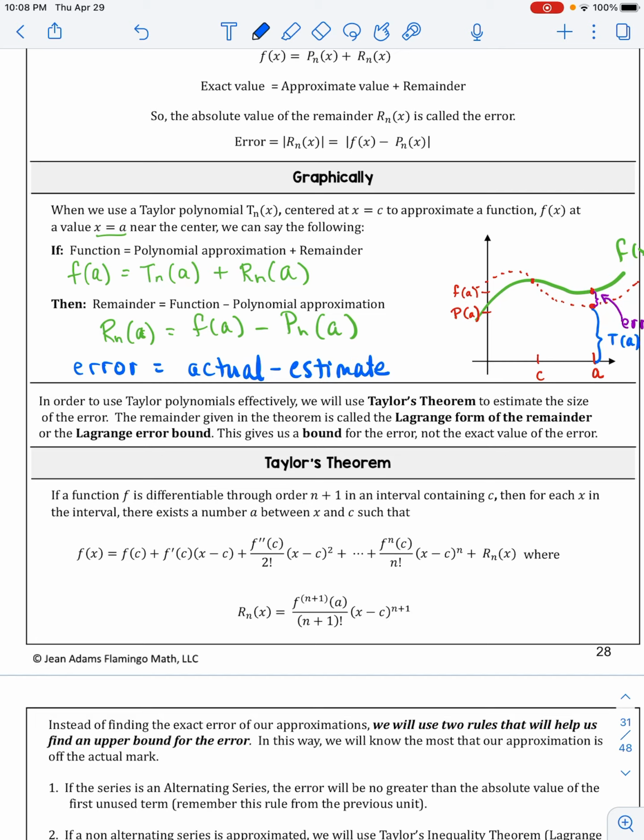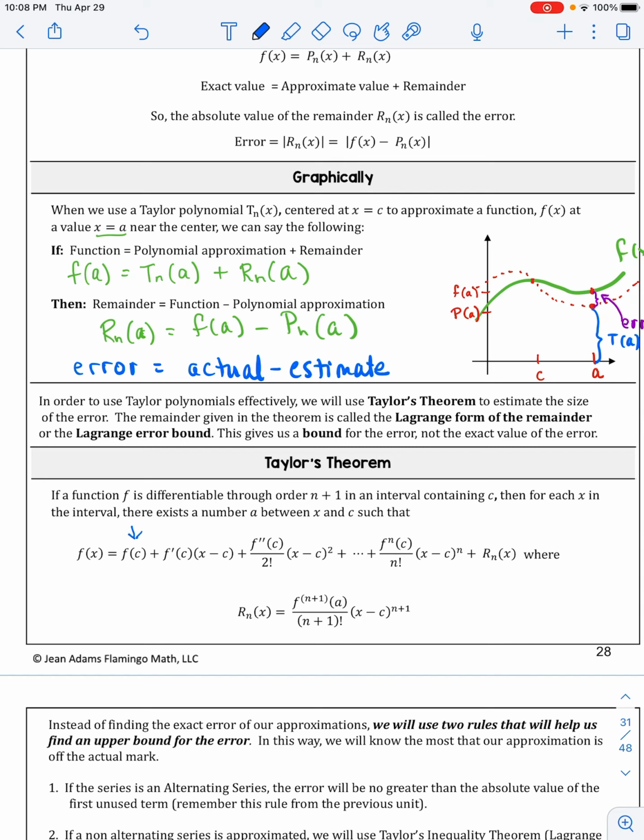So in order to use Taylor polynomials effectively, we will use Taylor's theorem to estimate the size of the error. The remainder given in the theorem is called the Lagrange form of the remainder, or the Lagrange error bound. This gives us a bound for the error, not the exact value of the error. So if a function f is differentiable through order n plus 1 in an interval containing c, then for each